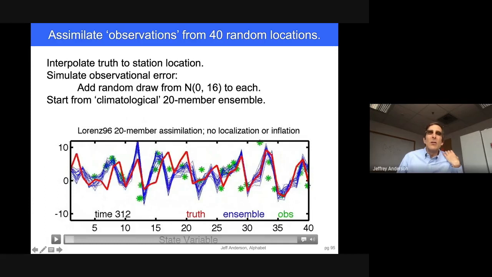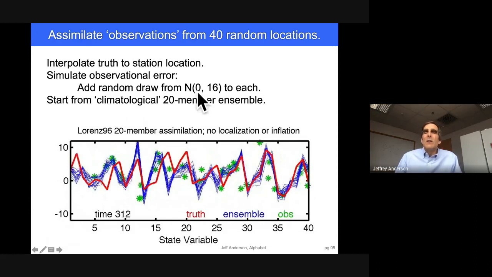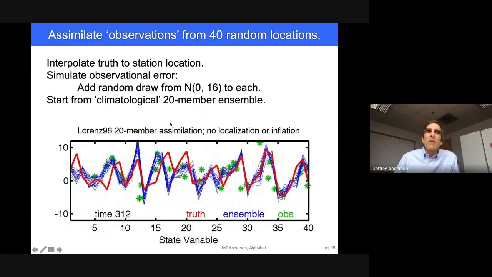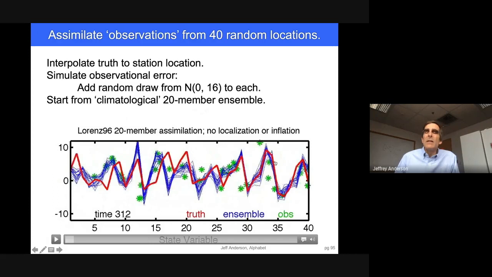So densely observed, not densely observed, doesn't really matter. And I'm simulating instruments here. So the green asterisk is the value of the red curve, the truth there, plus a random draw from some distribution, a normal distribution that simulates the error of an instrument. And then I'm going to go ahead and use this procedure that I've outlined for you to assimilate these observations